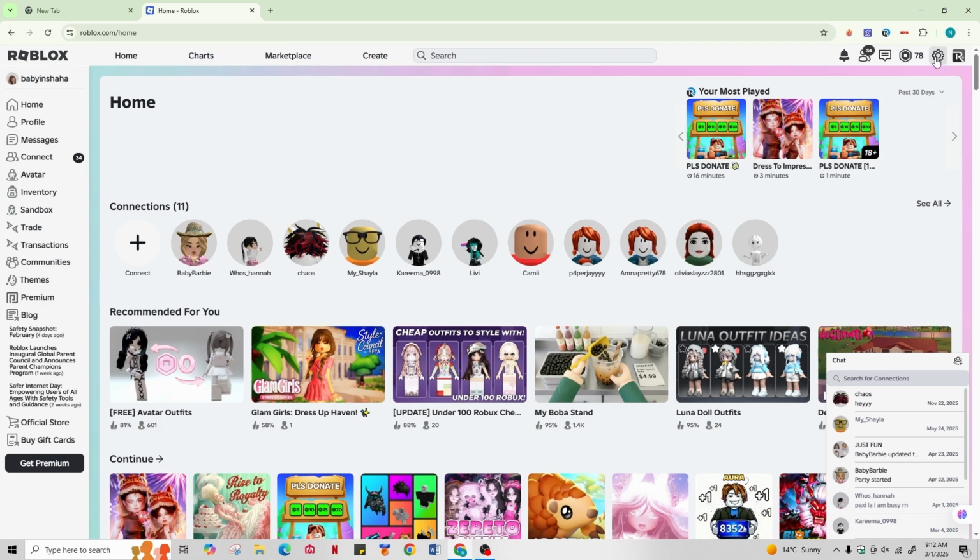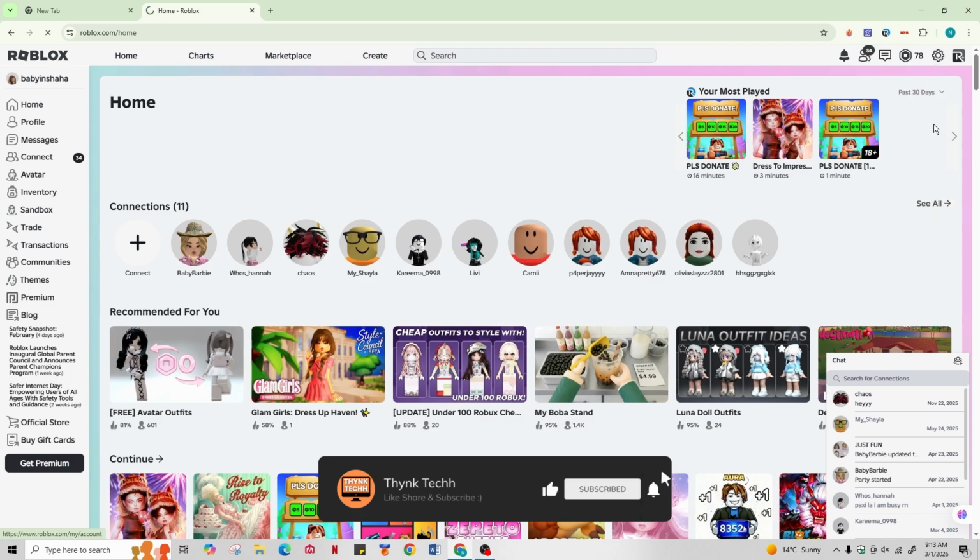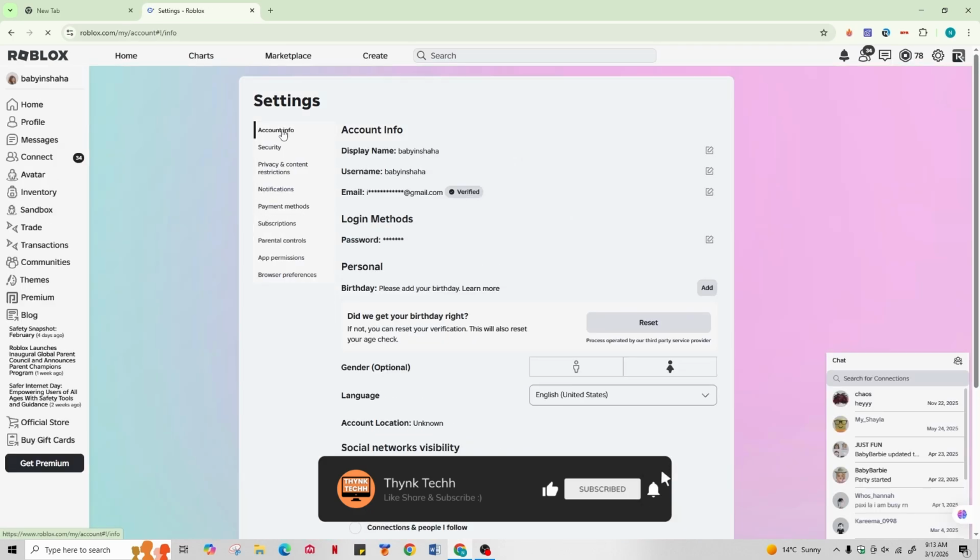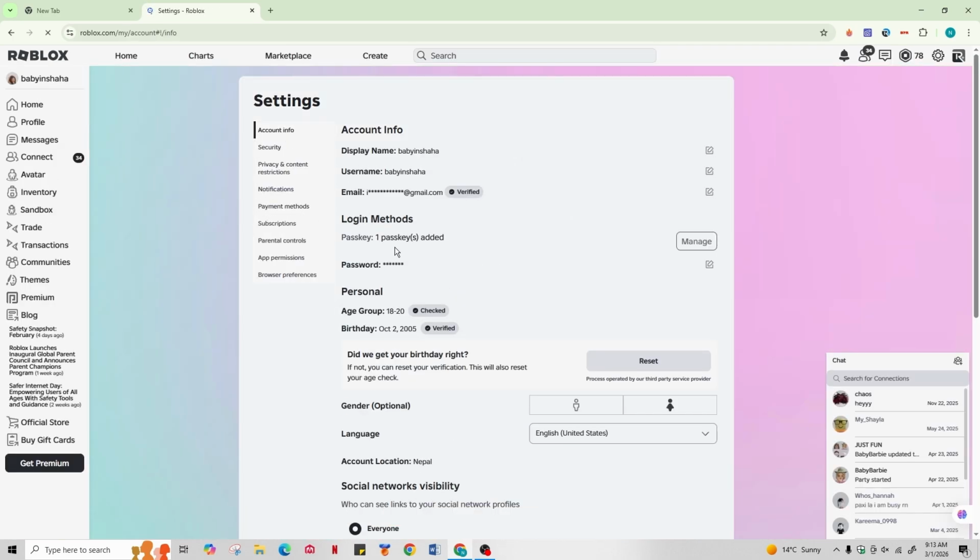So tap on the gear icon in the top right corner of your screen, then go to settings. And from the account info, try viewing your phone number if you have it associated with your Roblox account. If it's not showing or the phone number option isn't available, there are 3 reasons why you might not see